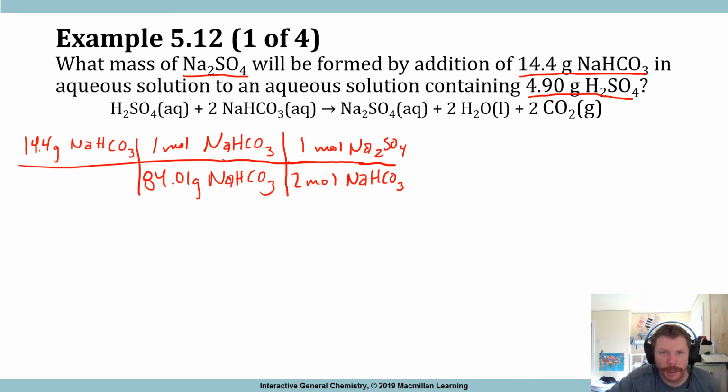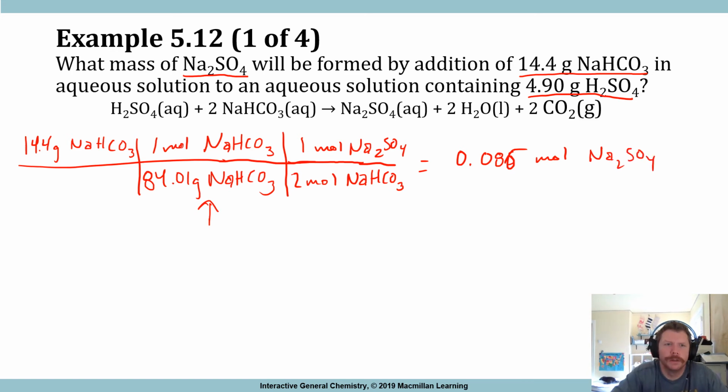So I'm doing this the exact same way, but I'm not solving for the number of moles of NaHCO3. Instead, I'm just working that calculation into my calculations right here. Okay, so I'll solve that. I'll say 14.4 times 1 times 1 is 14.4 divided by 84.01 times 2. That gives me 0.085. I'll call that 0.086 moles of